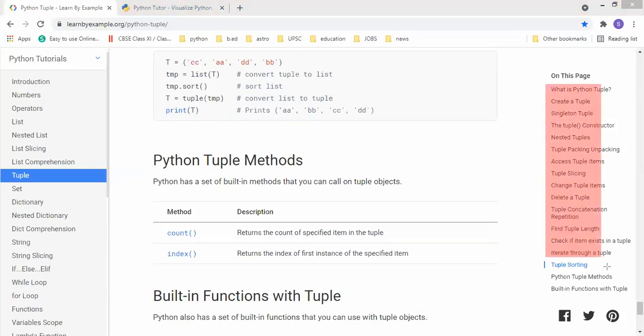Now we are going to see some functions. See here, we completed all the concepts. If you want to study, you have to study these kinds of concepts. What is meant by tuple packing, unpacking, because the questions will come like this. Explain the concept of packing, unpacking, how to delete a tuple, not delete an item. That is not possible, you can delete the tuple. How to find the length of the tuple.